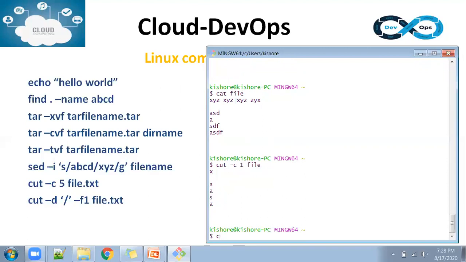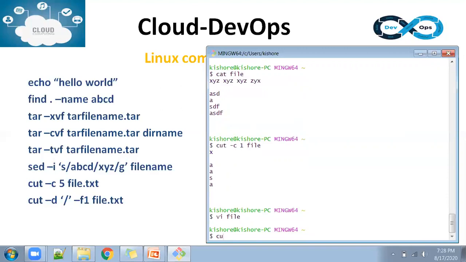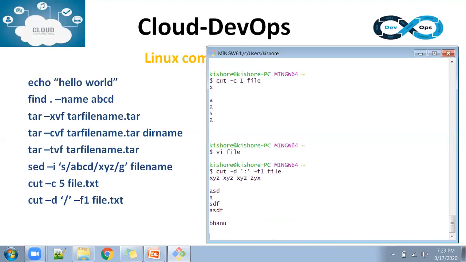And there is another use of the cut command using a delimiter. In the same file, I will add Banu colon Prakash colon some XYZ. In that, I only want the name Banu to be printed. So how can I identify it? The colon, I can use that as a delimiter. Delimiter means the identifier for this command. For example, cut -d single colon, I'll put the delimiter colon. So in that file, wherever a colon is there, whatever content is in front of the colon should be displayed.